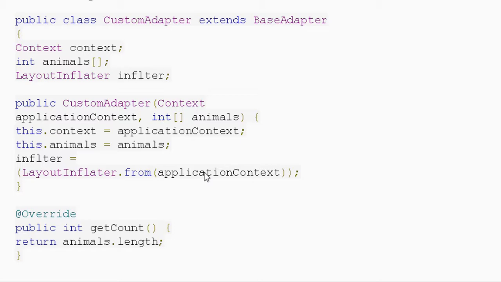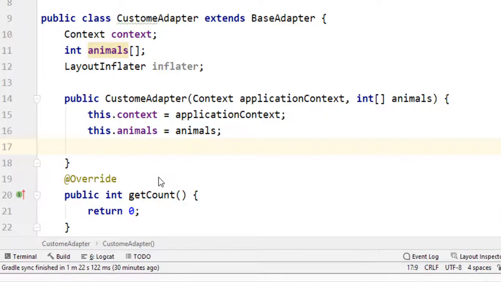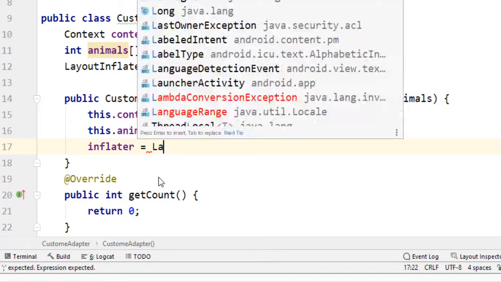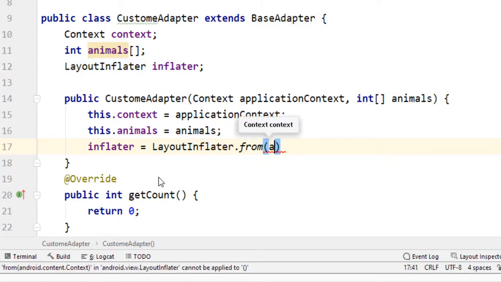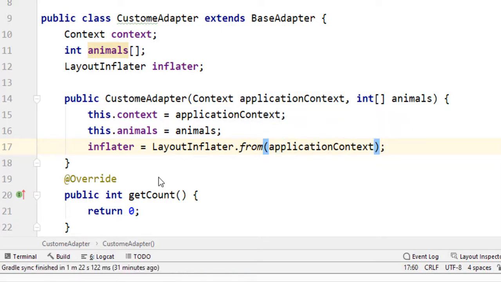Because this layout inflator, where we have to display it, for that we use the application context variable. Now what will the application context give? The application context will give the scenario of your current object, the environment, the scenario of the current object and its environment. That is why we are using this. Again, the inflator instance will be assigned and replaced with LayoutInflater.from using your context. Let me show you so you can get more idea. Your inflator variable will be replaced with your LayoutInflater.from, and in this parameter we are going to use the application context. So your value will be replaced into your layout inflator.